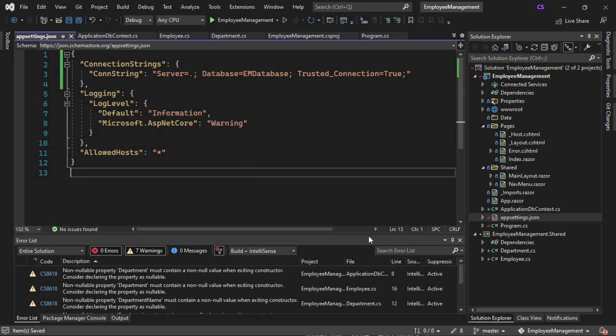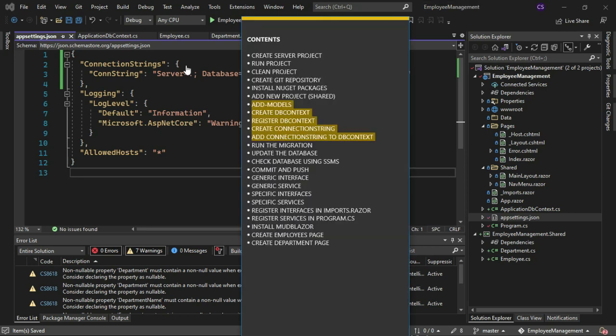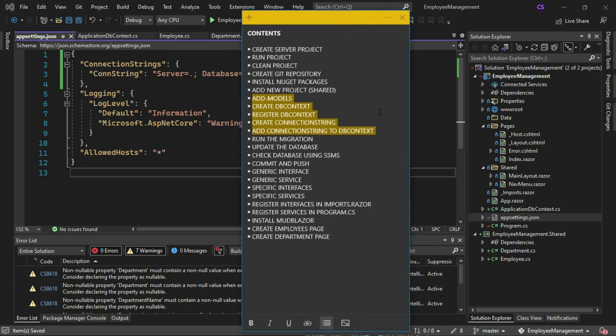Okay, so trusted connection equals true, like that. All right, so we should be done with our connection string. So far we have managed to accomplish these things: we've added our models, we've created the DBContext, we've registered our DBContext, we've created our connection string, and we've added our connection string to the DBContext, and that is all we need in order to create